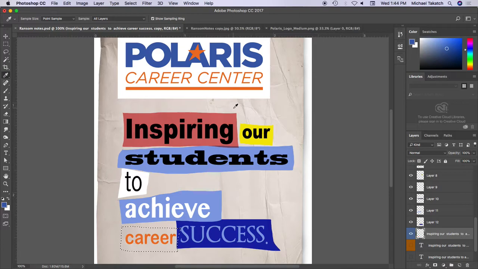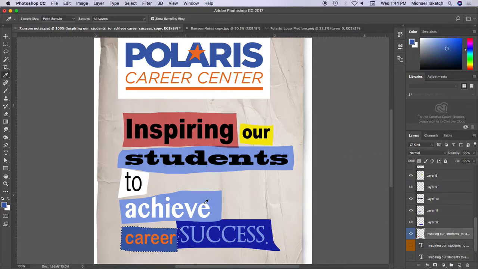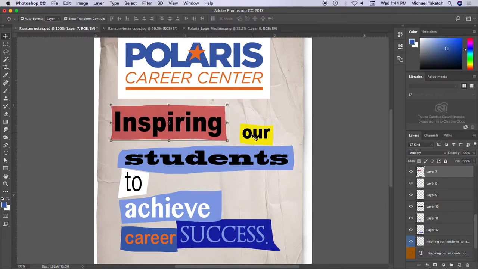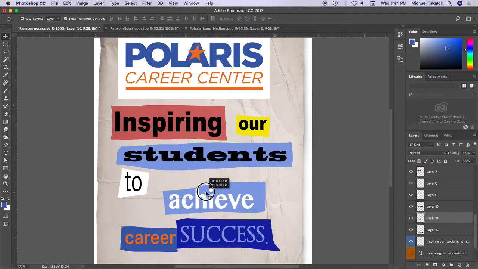And see if I can bring that up as a foreground color. So now I have that section. The last one I don't have to move, but now I have all these parts and pieces, and I want to move them around a little bit, so I'm going to take the selection with auto select, and that allows me to just click on and move these so that they're a little bit